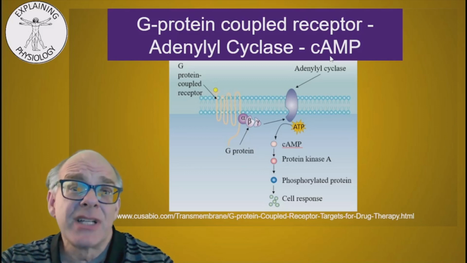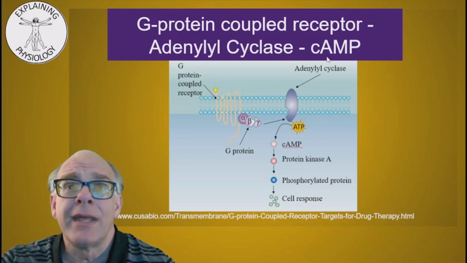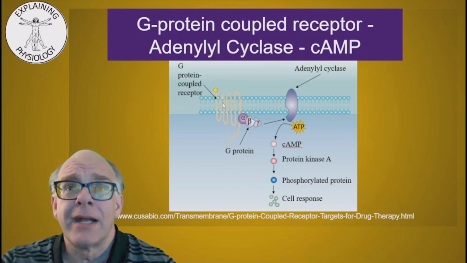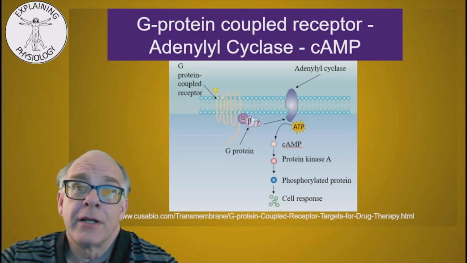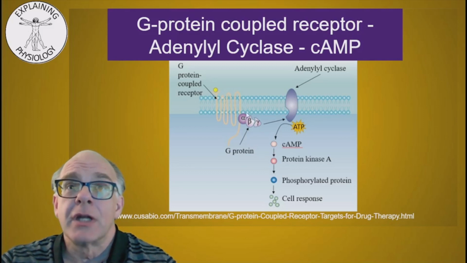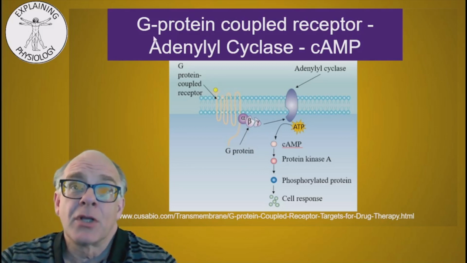Now, the same basic idea is going to be present that we saw with the ion channel. We're going to have an external signal outside that we need to convert into some type of internal signal. Now, in the case of a G protein coupled receptor, we're not looking at an ion channel. We're looking at a transmembrane protein that is going to interact with another protein along the cytoplasmic side of the membrane. And that other protein is going to be a G protein, which basically comes along with the G protein